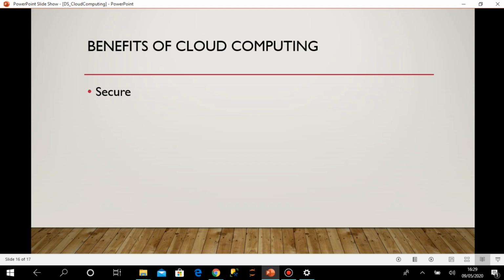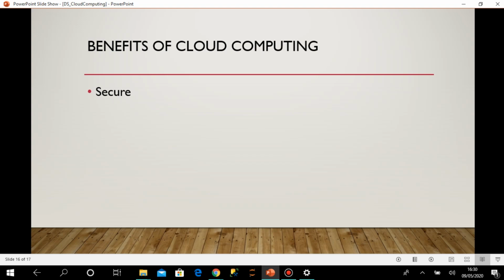So these are all the benefits of cloud computing we have discussed. Now you should have some picture in your mind that these are the reasons people are moving to cloud computing. And you have to understand that it's not a zero or one solution, that I will go to cloud computing or I will not go to cloud computing. It's not like that. Based on your requirement, you can move something from your on-premise server to the cloud. Or maybe you have some specific requirement where you think that this is very beneficial for me, it's very appropriate.